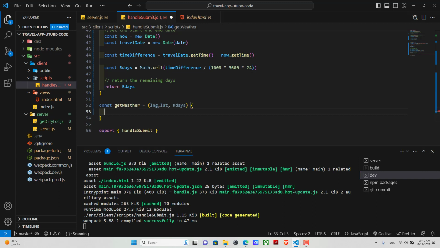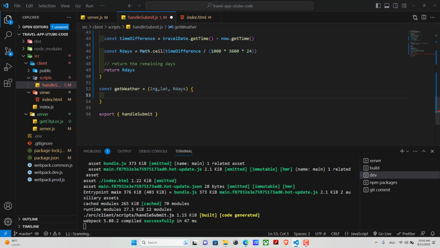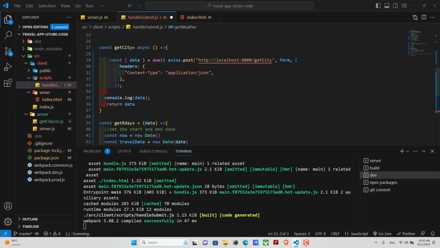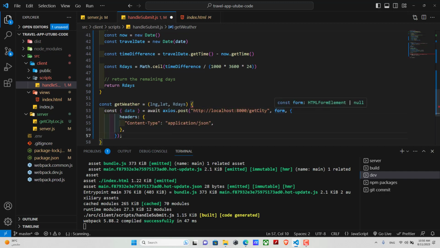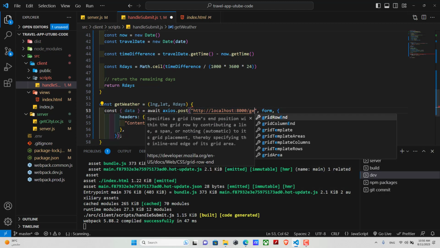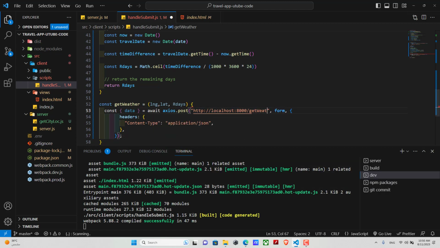So I will send that to the server, and to do that, let me copy paste that quickly, the way we post things. Let me just copy it from here, because we will not do anything different. The same thing we will do, but let me show you how we will do it in a different way, because this time I will not just send the form itself. I will send an Axios post to another path called getWeather,